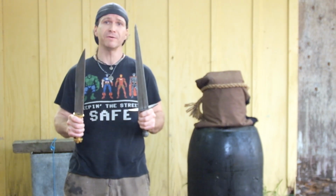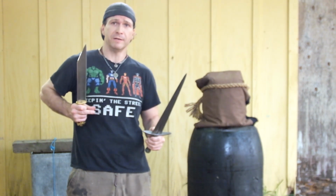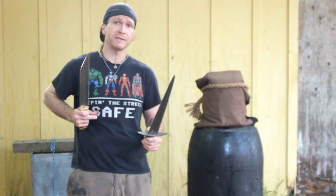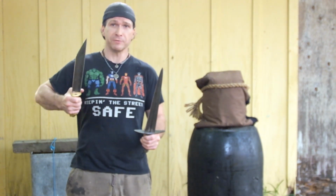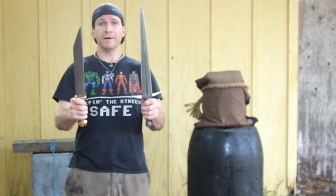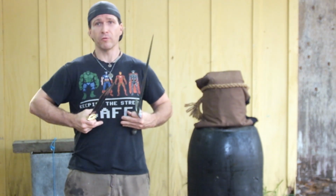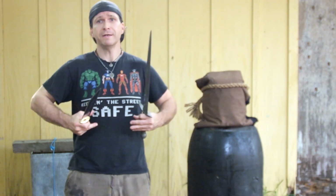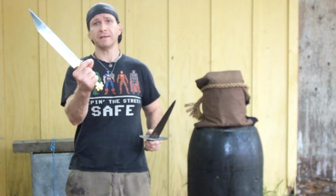Normally, historically, it wouldn't have been over possibly 30 layers, because you start getting really, really thick, and they have to basically quilt it together, which is extremely difficult with that many layers of tightly woven tough cloth. Hence using huge thimbles and having a hard time doing it, I guess, by hand back then. Basically, that's what you got. You've got something to make a little more rigidity to it if you do that. And it's not necessarily that it makes it harder to go through, it just holds it together tightly so it's not so